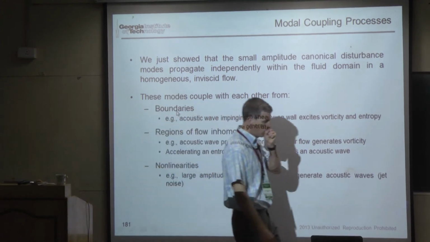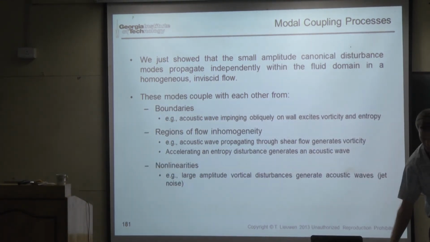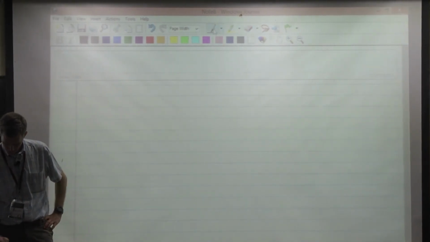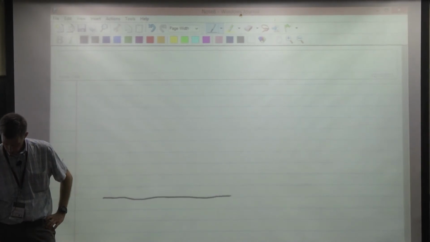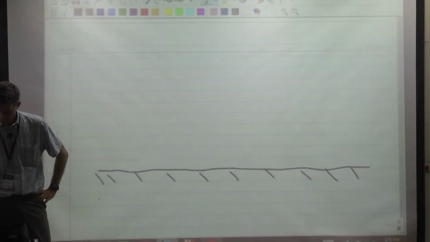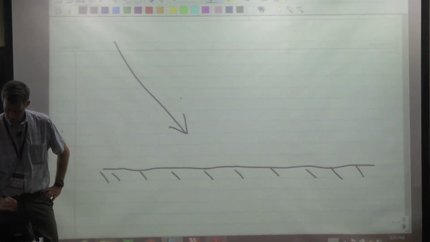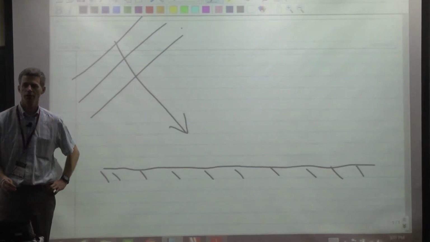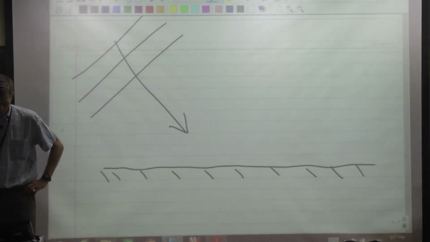Boundary conditions. A simple example would be, let's suppose I have a straight wall. Let's suppose I have a plane sound wave impinging on that wall. So these would be lines of constant phase. How many of you have solved this problem before in acoustics? Nobody? Okay. Well,